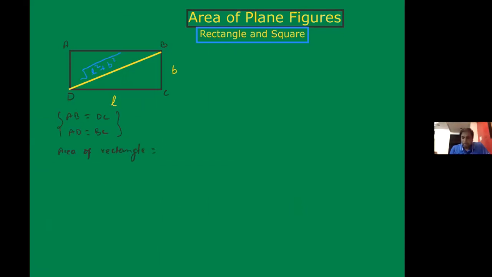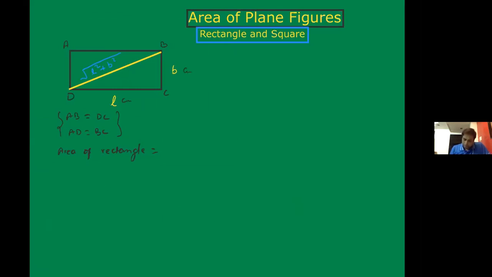equal to length times breadth. So what is the length and what is the breadth? Length is the DC length. We are seeing this is the length. I have considered the symbol L centimeter, and breadth is BC. This is the B symbol, B centimeter. So if I'm writing the centimeter here, this is also the centimeter.